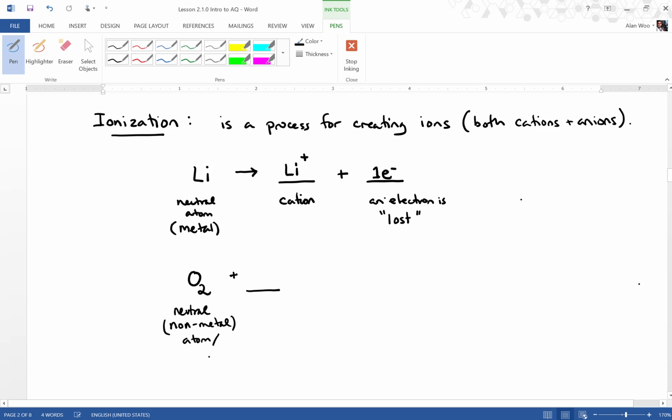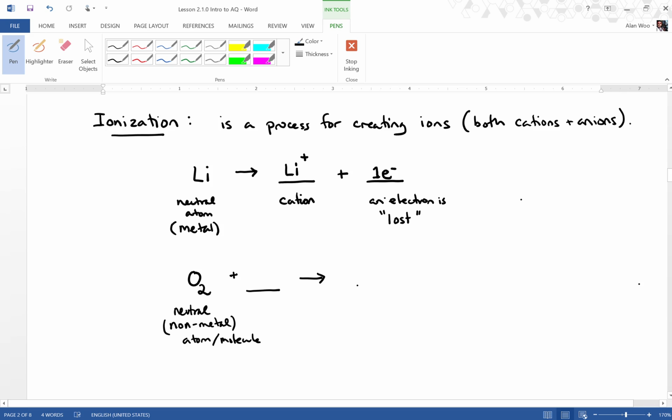In this case, because it's O2, I guess it's better for us to say molecule, but I'll go molecule like this. All nonmetals have to gain electrons in order to form ions. Okay, and the way that this is set up,